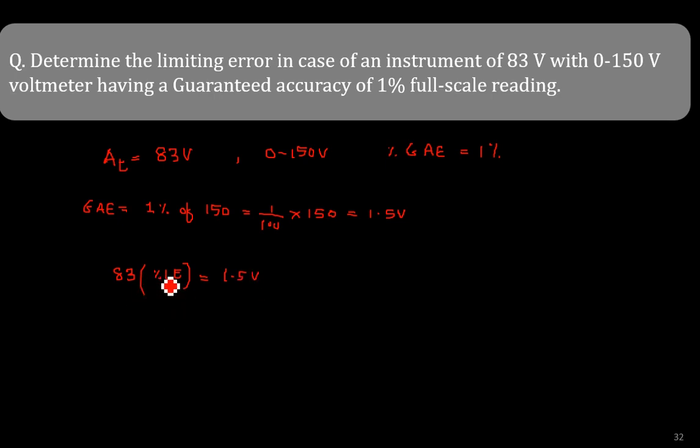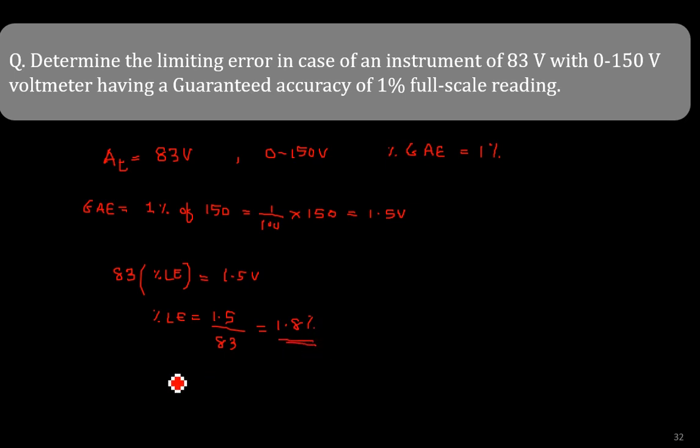So what will be the percentage limiting error? Your percentage limiting error will be 1.5 divided by 83 into 100. So the percentage will be 1.8 percentage,